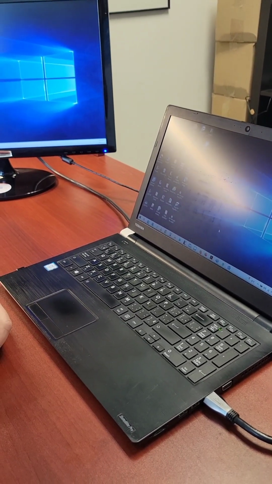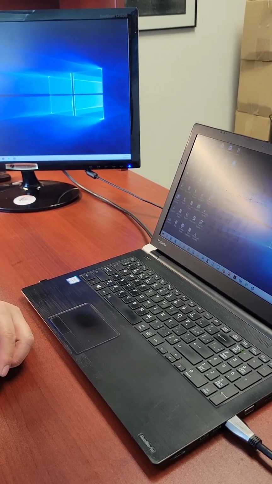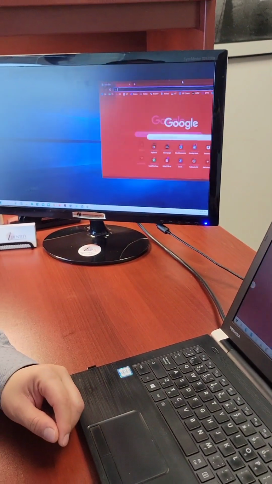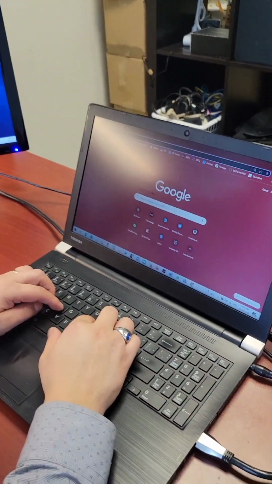Simple. What I want you to do is open up a browser. And Google Chrome is the one that I recommend. When you open up that browser, and I'm going to move that screen over here so we can see it more clearly, okay, I want you to search for